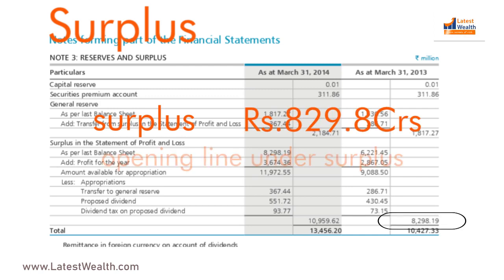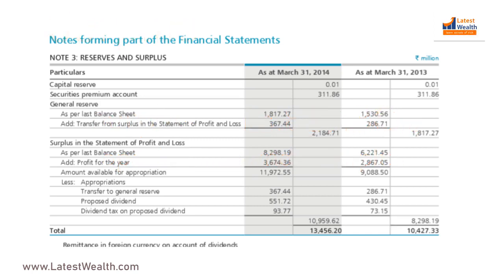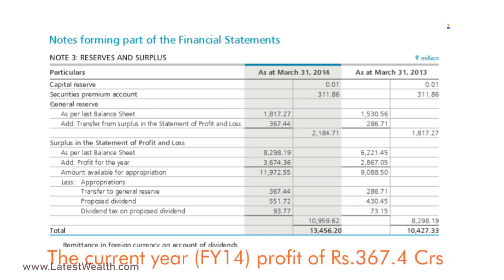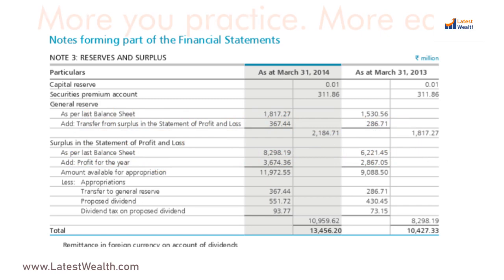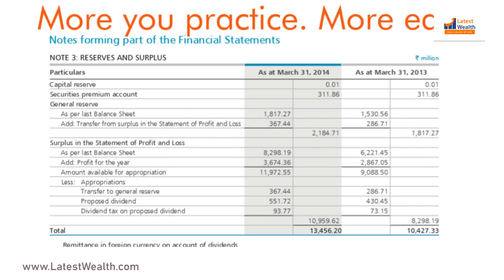This is what is stated as the opening line under surplus. Now just look here. The current year, financial year 14, profit of rupees 367.4 crores is added to the previous year's closing balance of surplus. Few things to take note here. The more you practice, the easier it will become. Please remember, my friends, enjoy the process first. Now let us go